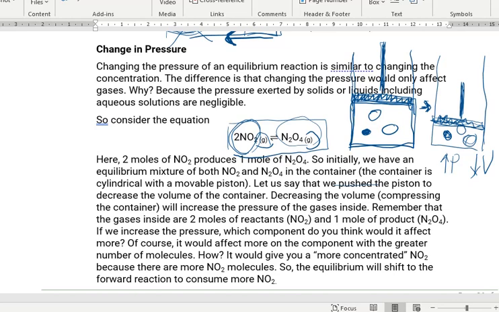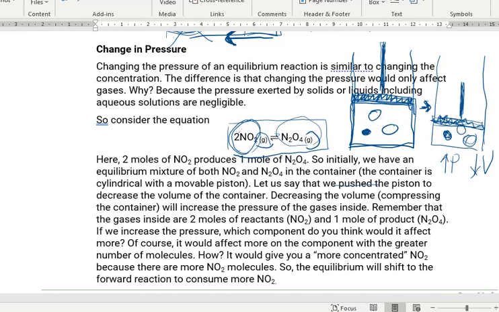Di ba? Kay mas ma-concentrated imong NO2 kay duha na gudaan ang NO2 compared sa imong N2O4. That means the equilibrium will shift kay mas daghan man imong NO2, mas concentrated imong NO2, di ba? So that means the equilibrium will shift to produce more of N2O4. So in layman's term lang ba kanang tinamban nga style,